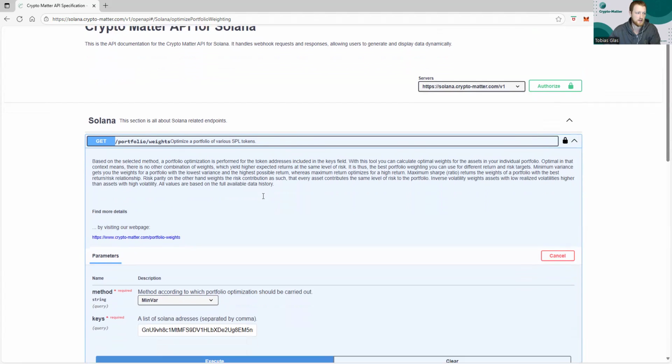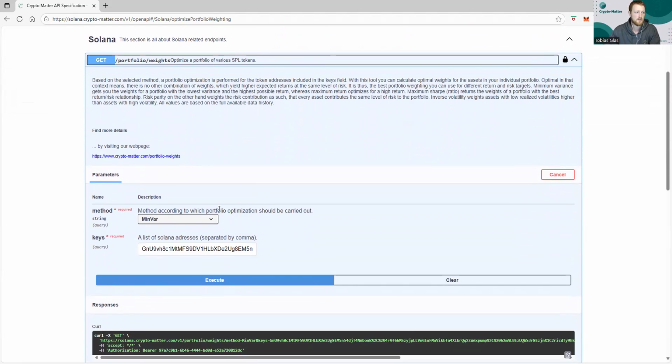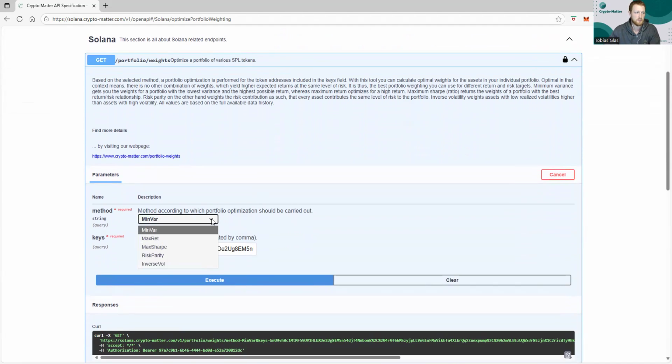Again, we have some documentation. I will guide you through it. We have methods and we have keys. So the methods are portfolio optimization methods. For example, minimum variance, maximum return, maximum Sharpe, risk parity, inverse volatility. You can learn more about these different methods by visiting this link or also to find some information here in this description. And what you can do then is add all of the Solana addresses of interest to you in